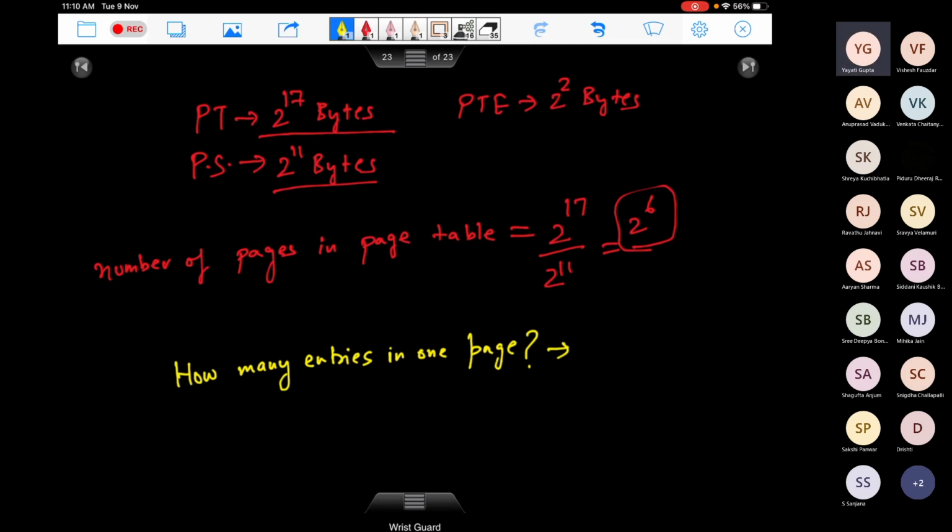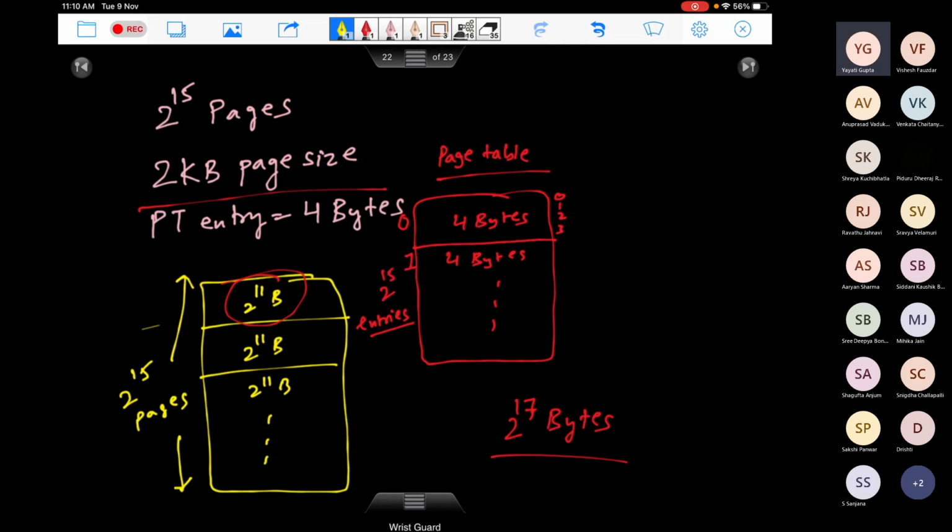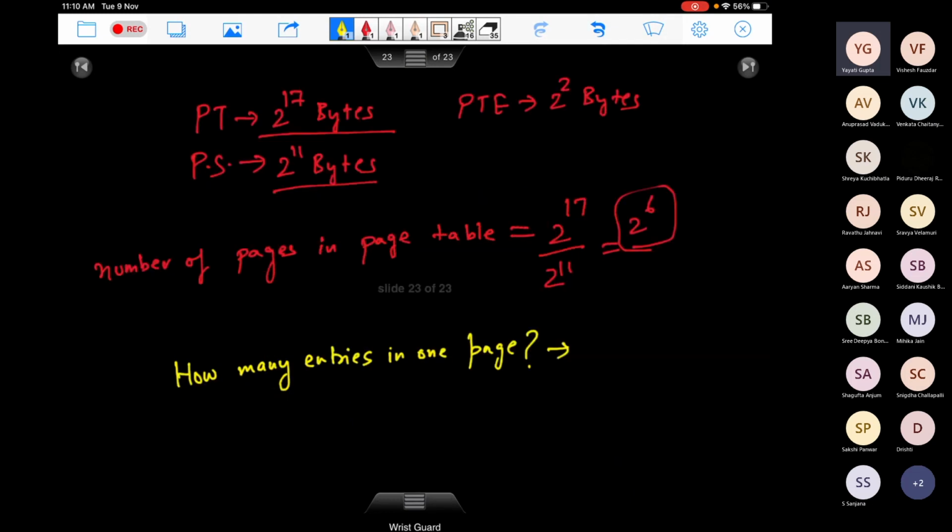What is the maximum number of entries we can have in one page? So see, each entry is 4 bytes. The size of a page is 2 to the power 11 bytes. Okay? So 2 to the power 11 by 4, which is 2 to the power 9. So at max in one page you can have 2 to the power 9 entries. Which entries are these? The corresponding frame numbers.